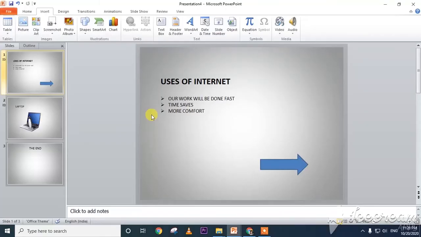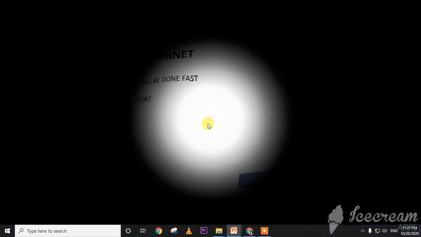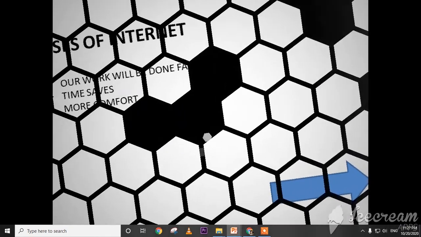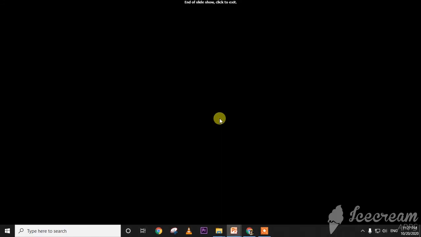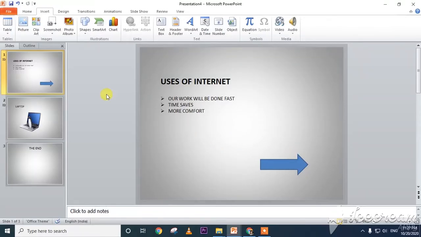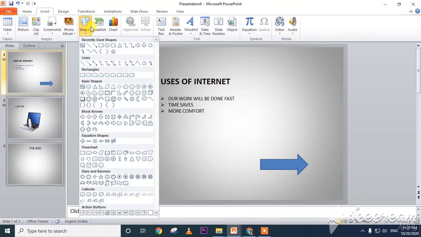That means the second slide is missing. That means we can go to any slide. In this way, we can go to any slides. You can ask, sir, where are the effects we had kept? So I removed them for the time being. It will take time when I need to click like this. So it will take much more time. So I removed the transitions. So in this way we can keep the action buttons. So hyperlink is also there.